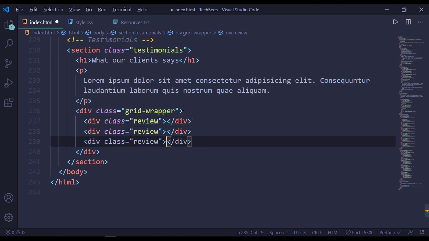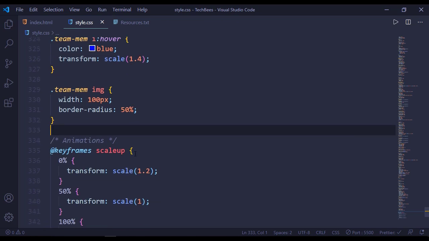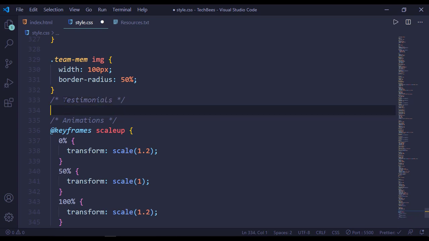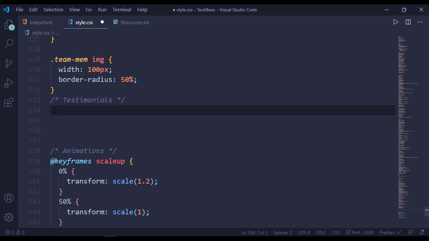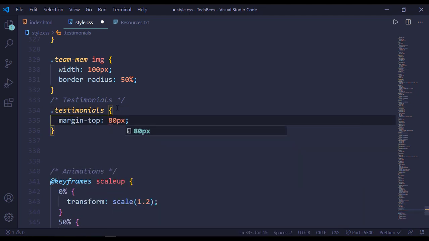I will duplicate this, and now open our CSS file. After this, I will leave a comment of testimonials. Now target our testimonials. In this, we have margin top 80 pixel,